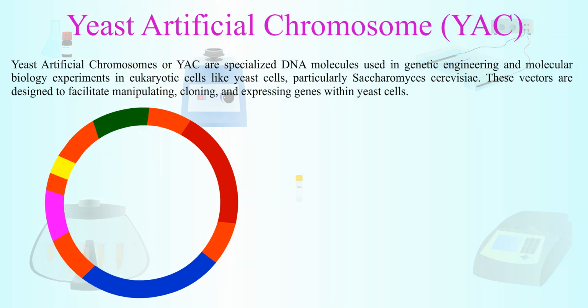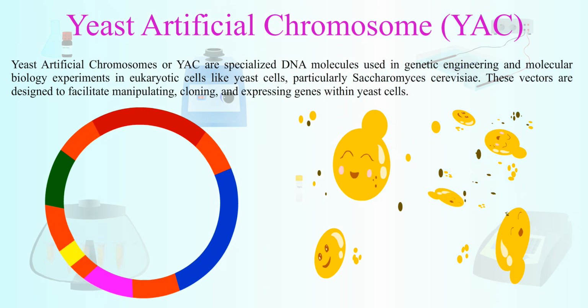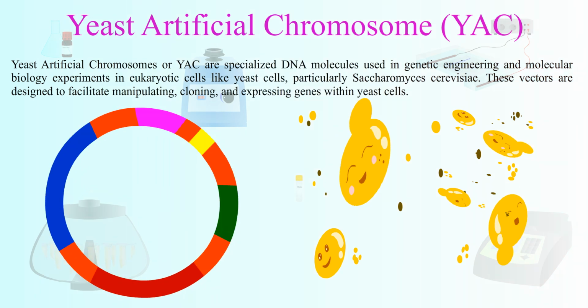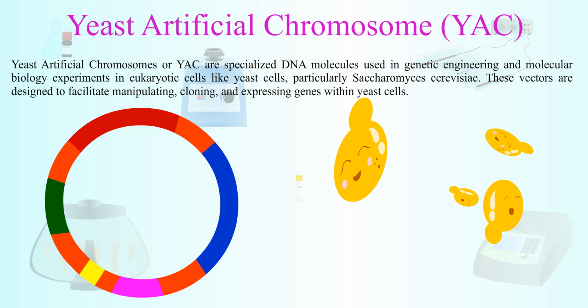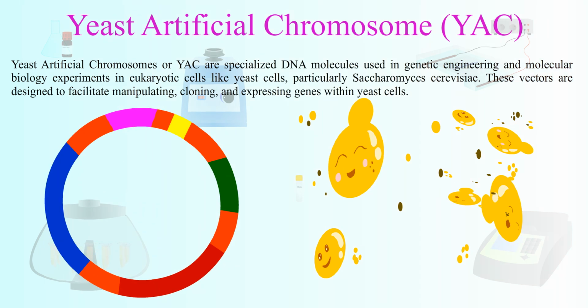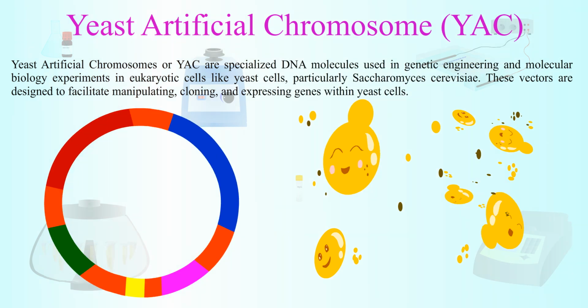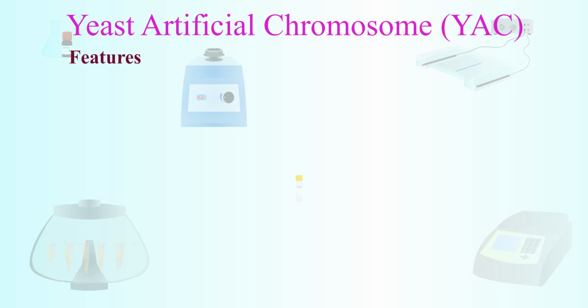Yeast artificial chromosomes, or YAC, are specialized DNA molecules used in genetic engineering and molecular biology experiments in eukaryotic cells like yeast, particularly Saccharomyces cerevisiae. These vectors are designed to facilitate the manipulation, cloning, and expression of genes within yeast. The features of YAC are: